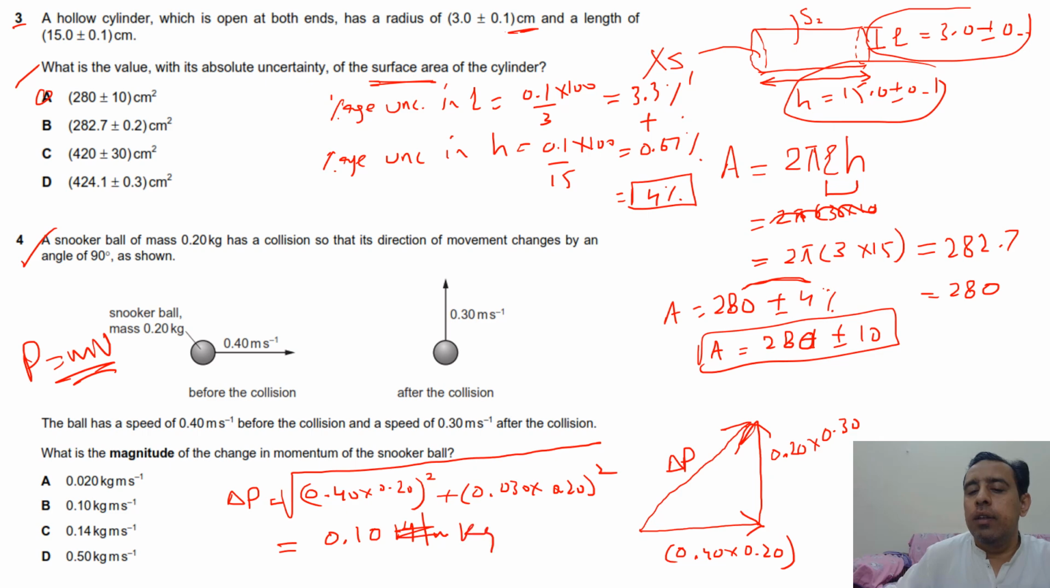It's kg meter per second. So option B is correct. Moving forward,